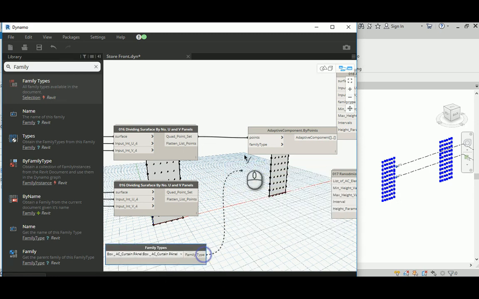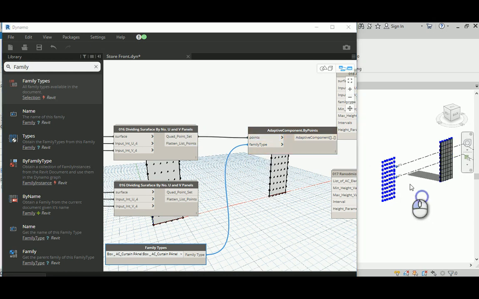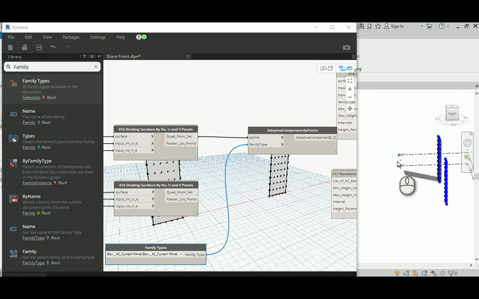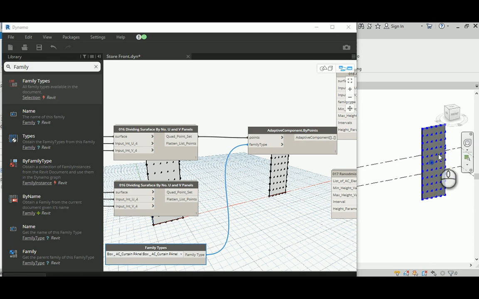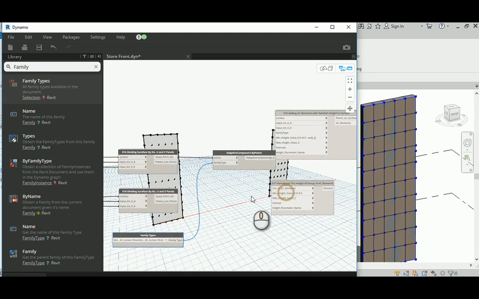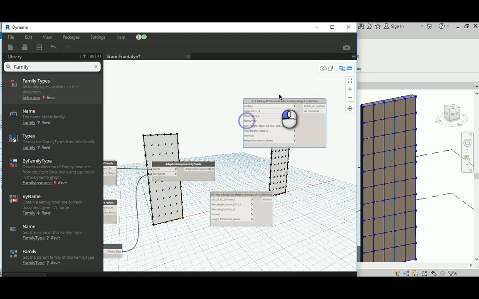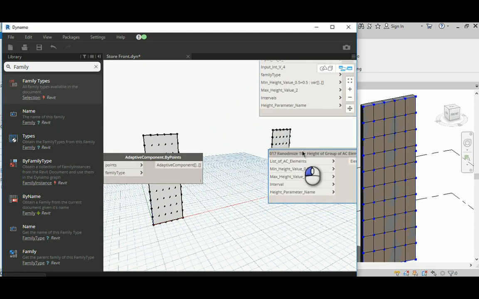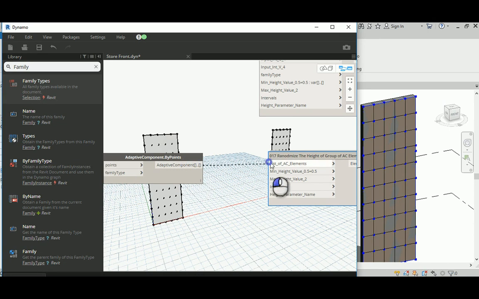So when you do that, Revit will go ahead and apply the surface with an adaptive component, as you can see here. And then you need to provide, let me take this one, the scary one. Okay, let's go with the list of AC elements, and